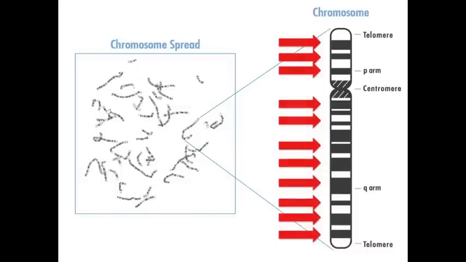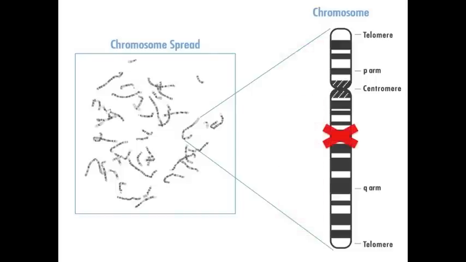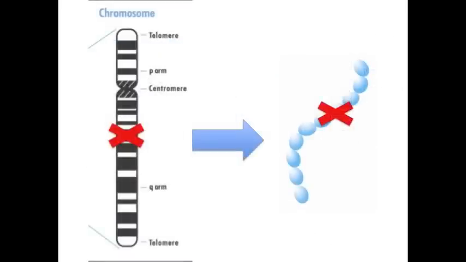All along each chromosome, we have many, many genes, and each gene codes for a specific protein. Each of these proteins has a very specific role in our body. They could become hormones, they could become hormone receptors, who knows? When a change occurs in the coding for one of these genes, this is what we call a gene mutation. A gene mutation not only affects the gene itself, but the protein that it codes for. So not only do we have an abnormal gene, but an abnormal gene product.